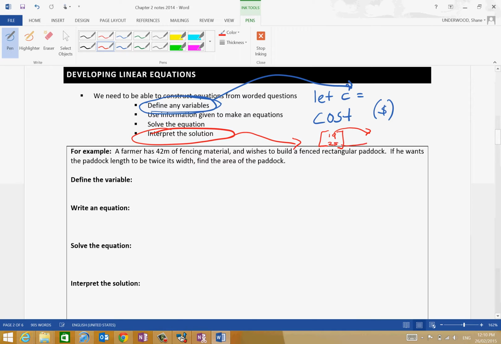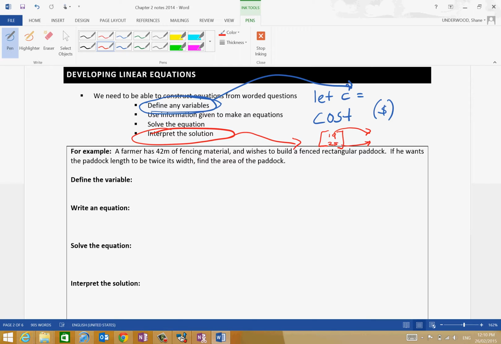Well, guess what? These things are variables. We've solved them, so you need to state what it is. It could be the cost after 10 days of hiring something is equal to this. You need to be able to write it in English, okay? And the vast majority of us, English is our main language, so you don't have an excuse. And for those people that English isn't your main language, you need to be able to explain things in English